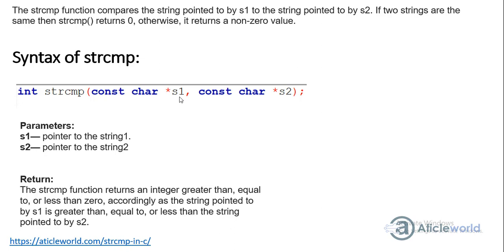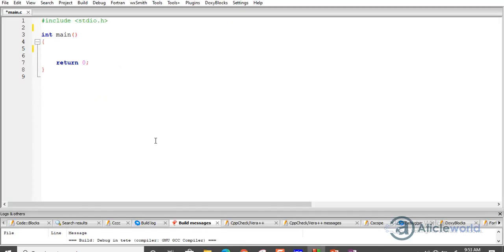Some compilers return the values 1, -1 and 0, and some compilers return 0 or the difference between the ASCII values of the characters of s1 and s2. We will understand this concept later in the program. So let's see it in the program. Here I am using Code::Blocks to write my program.